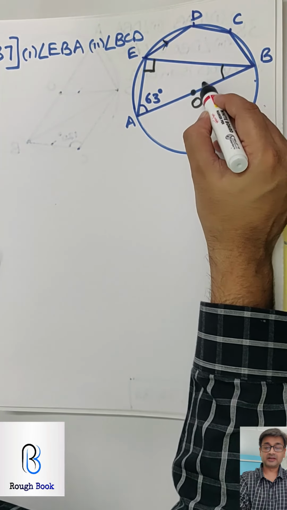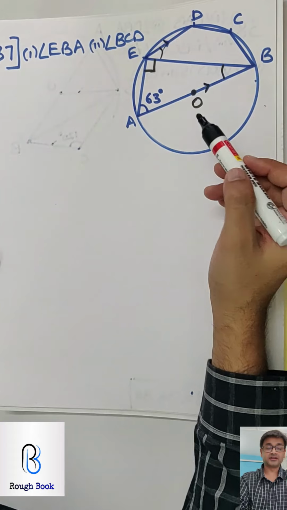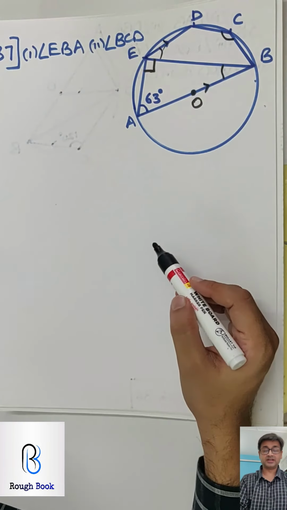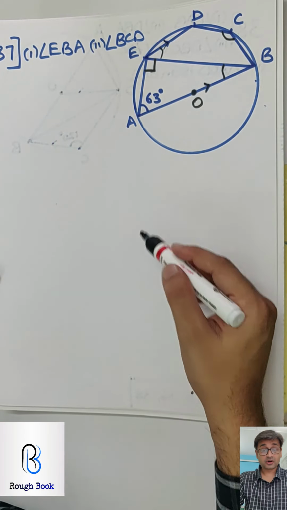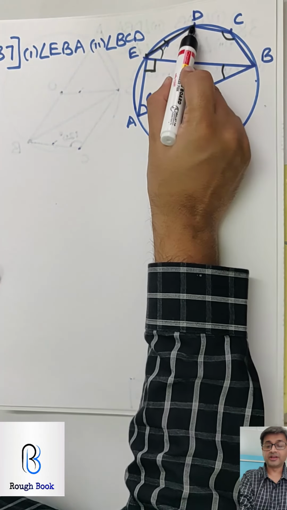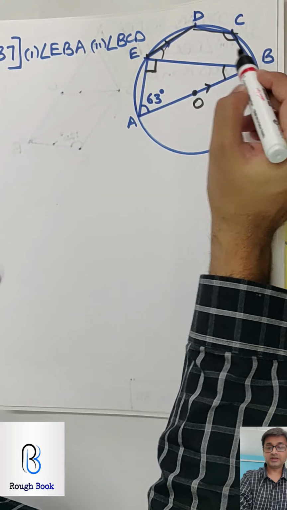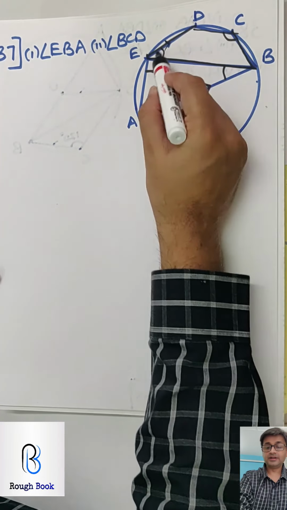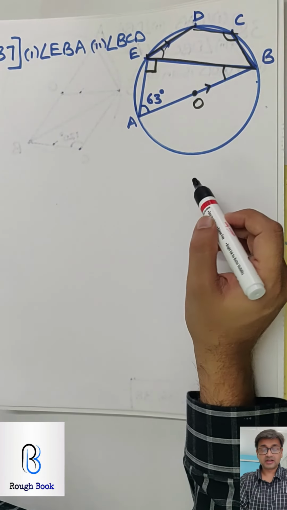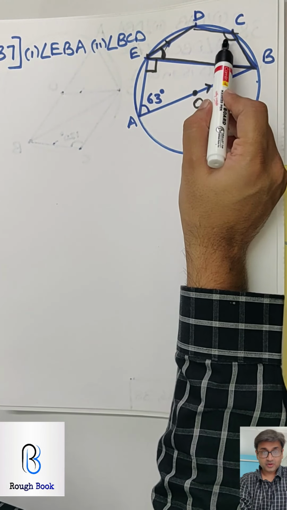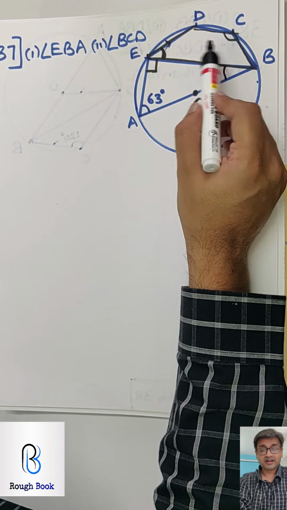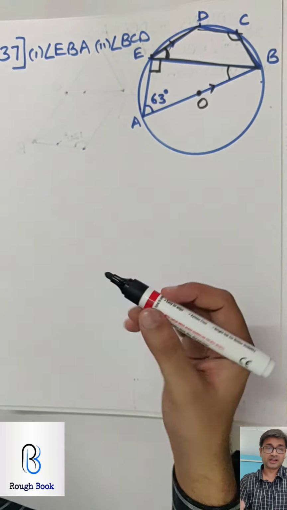These two are parallel given to you. So alternate, I can get this one. Your target is BCD, the next one. Did I make it simple for you? Did you manage to get BCD? Not yet. Okay, here you go. The next clue. Can you see BEDC is a cyclic quadrilateral. You already got this 27. So opposite angles of a cyclic quadrilateral are supplementary. So you got this. You can get this also.